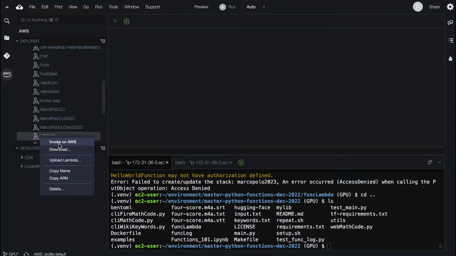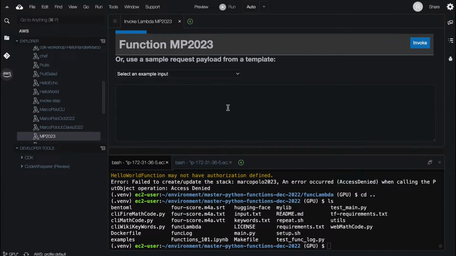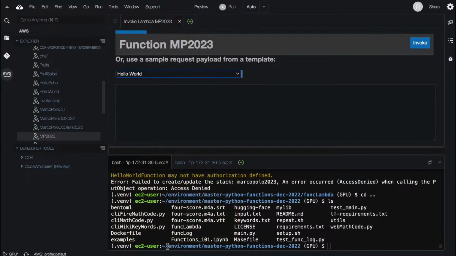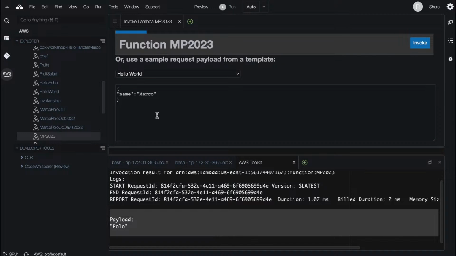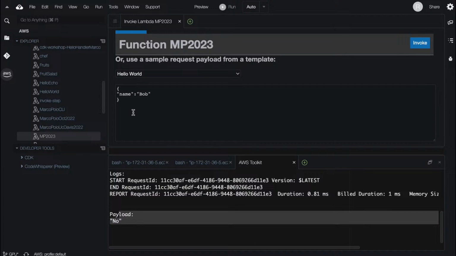And I can just invoke on AWS. You don't have to create it locally inside of here. You can actually just play with it here, and you could just say hello world like that, and we can do the same thing. We can say name here, Marco, and we can invoke it right there. There you go. And if we put in a different name, we can see that actually. So I think personally that's one of the quickest ways to really quickly build something.